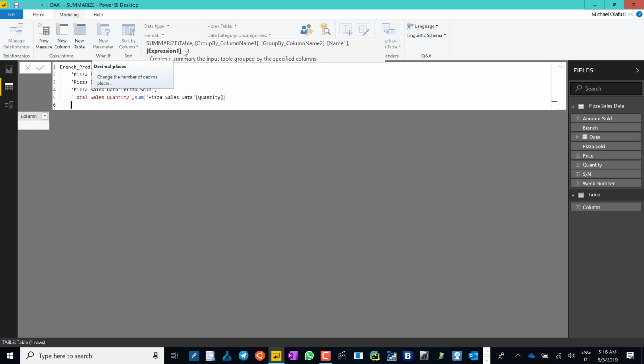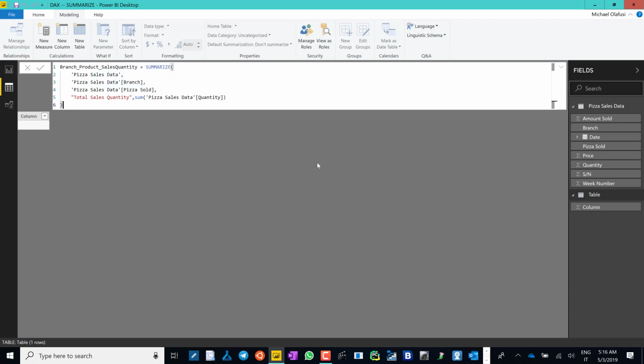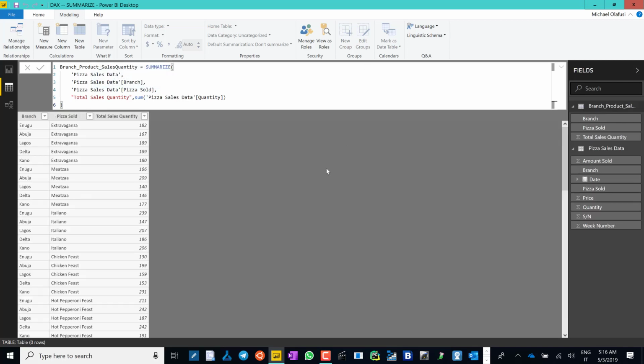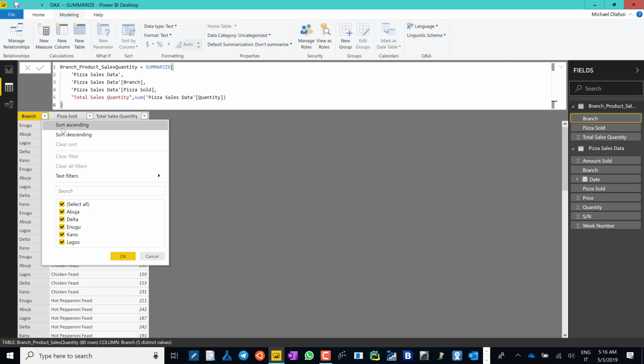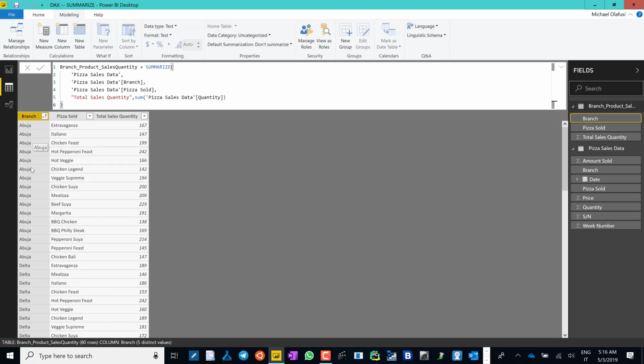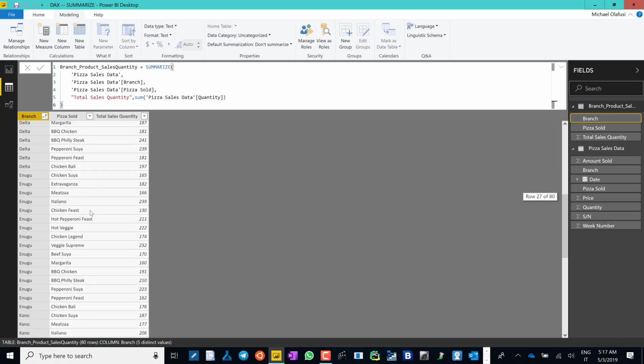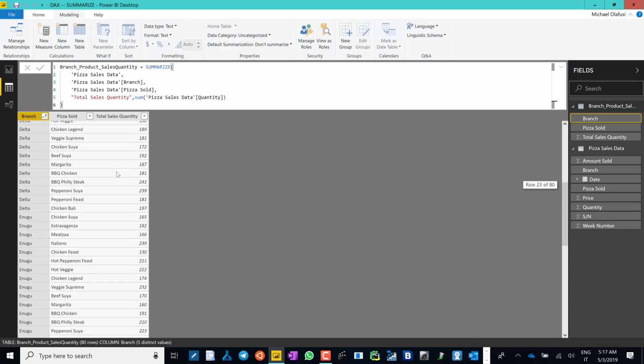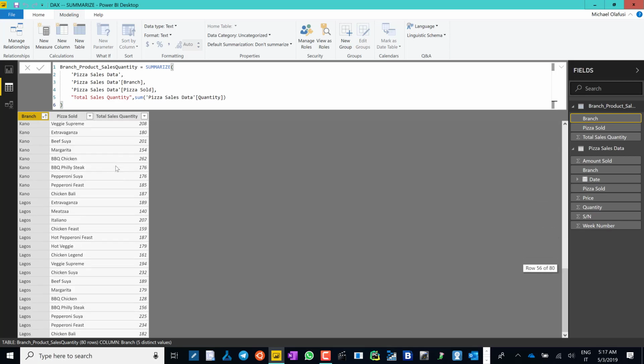Okay, and I close the entire bracket and I do enter, and instantly it's done. So this is how aggregate works. If you notice, it's pulled up the branches and the products we sell in those branches and the total sales, you know, by those products and those branches, and done like that across all of my